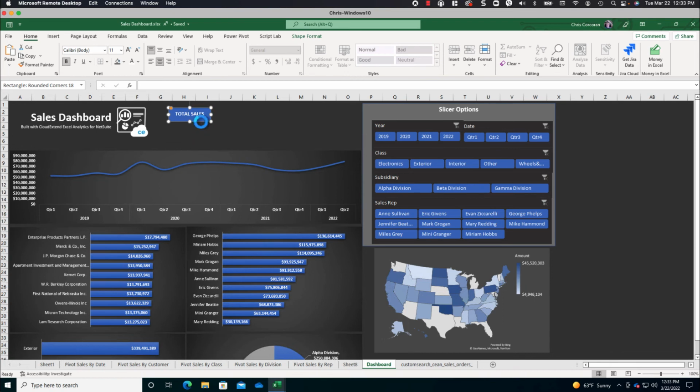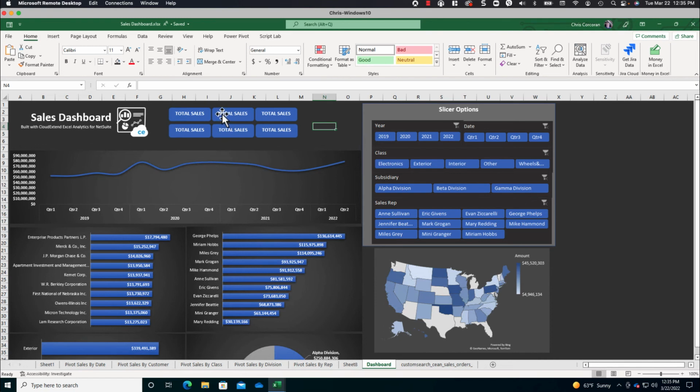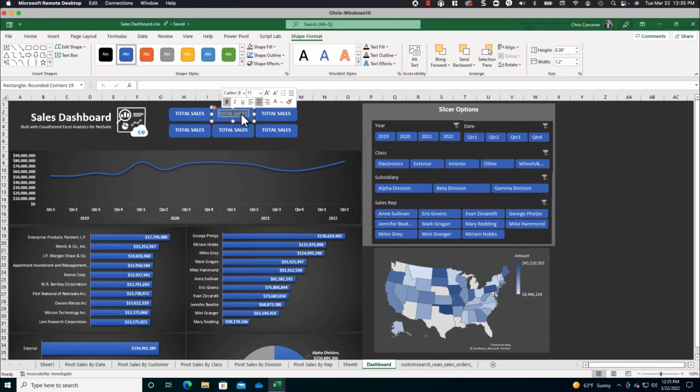Okay, so let's copy this. We want to paste this. Whoops. Copy this, and we want to paste this for a total of 6 boxes. So let's spread our boxes out. We're going to have one for total sales, one for total units sold, and then we're going to have our calculations show up on the bottom here. All right, so we have total sales. Let's just change this to number sold. And then this will be